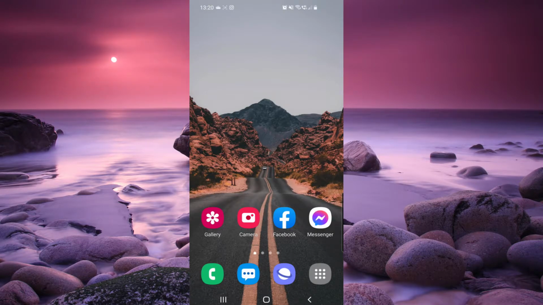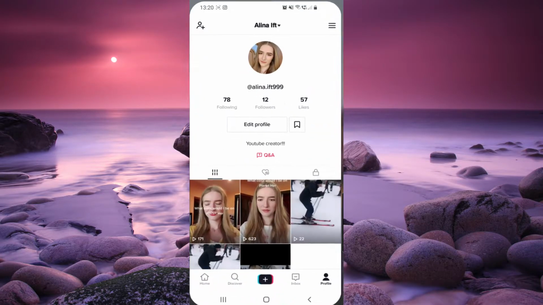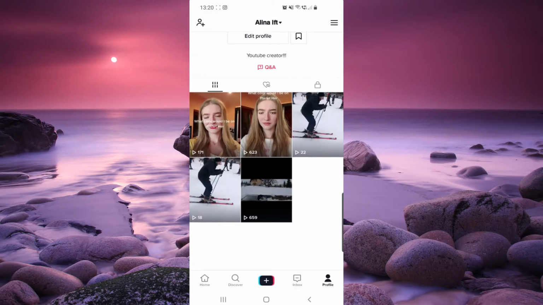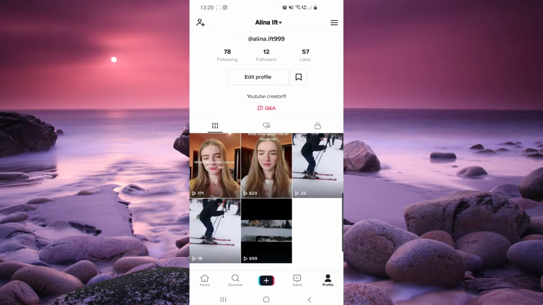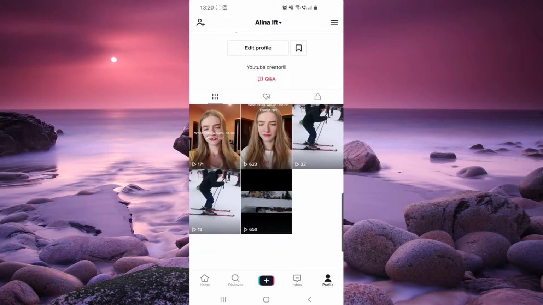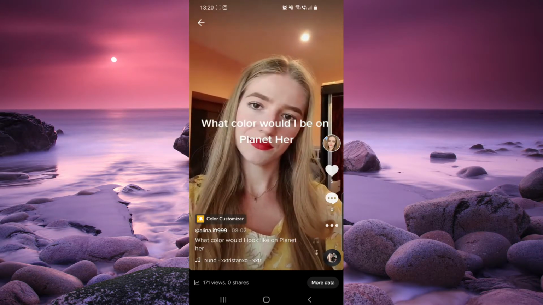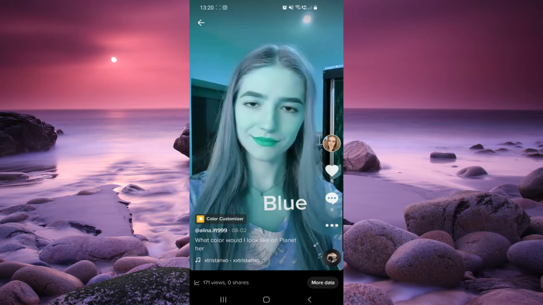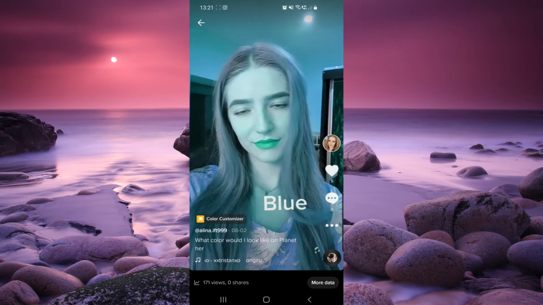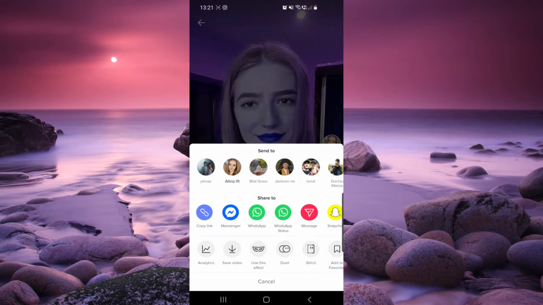In this video I'm going to be showing you how to pin a comment on TikTok. So for that we have to go on our TikTok app. Here as you can see I am on my profile. So if I try and go on one of my videos, then from here we have to click on those three dots next to comments, and then here